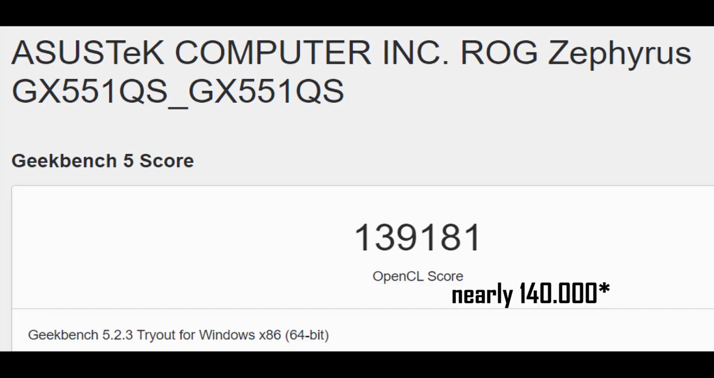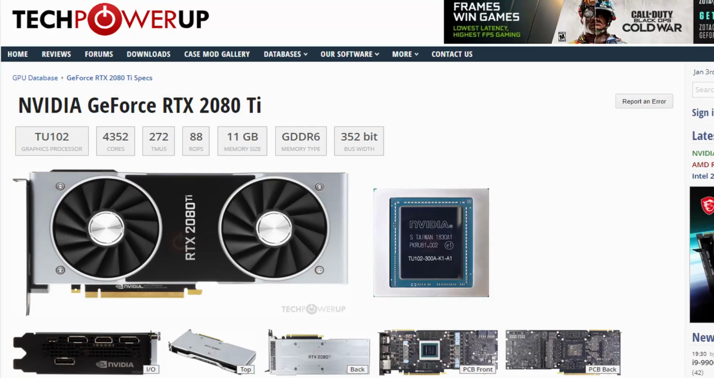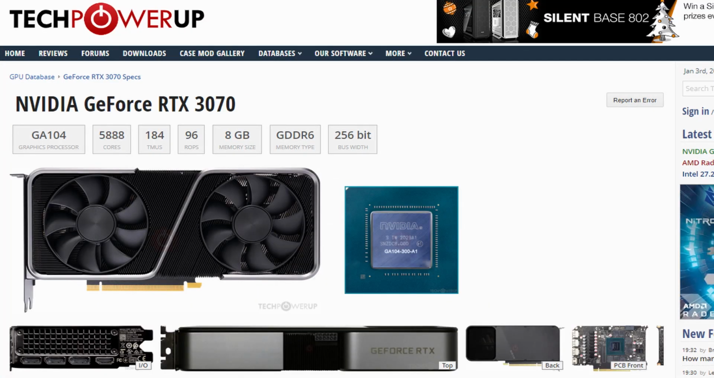Now, looking at the benchmarks for the RTX 3080 mobile, this one has managed to score over 140,000 points in Geekbench. Now, this would put it perfectly in line with the RTX 3070, and why I said that the 2080 Ti is important in this equation, well, it's important because the 2080 Ti had 11 gigabytes of VRAM, whereas the 3070 only has 8 gigabytes of VRAM, so